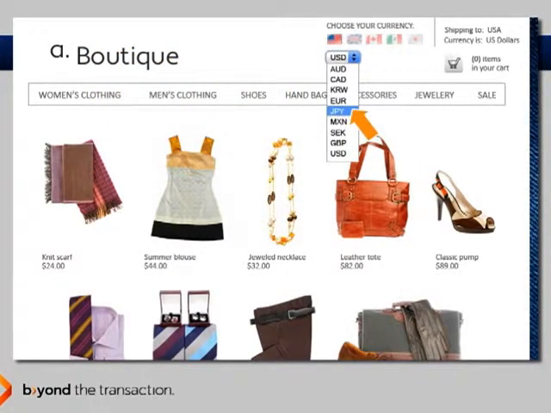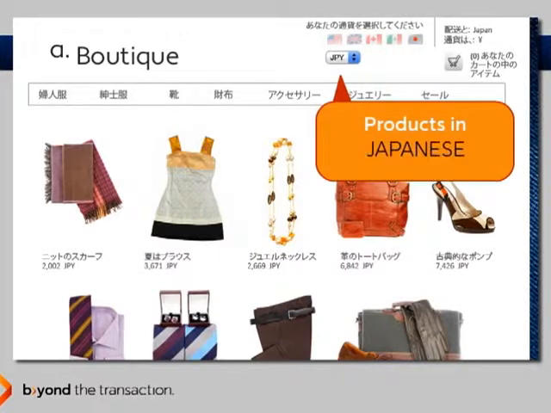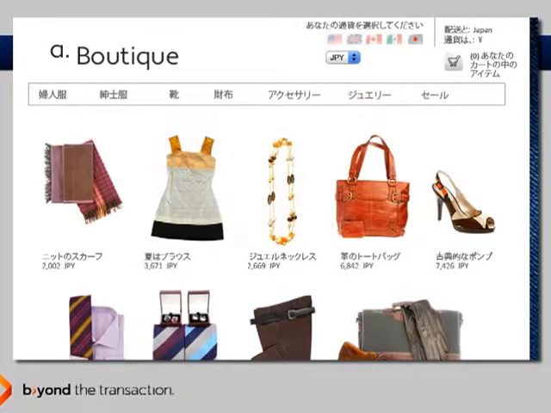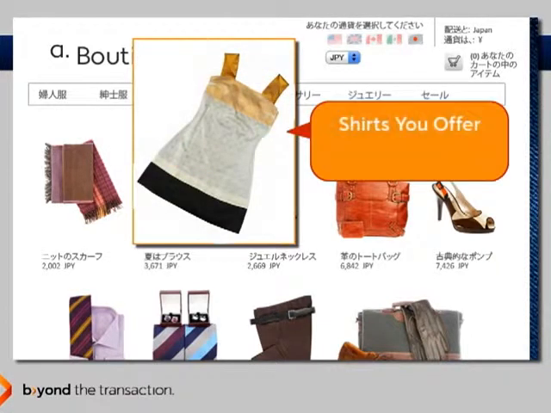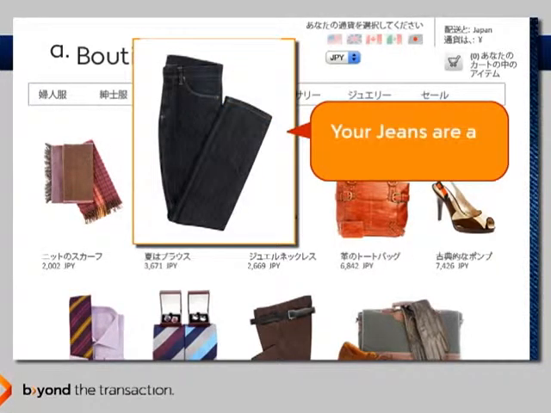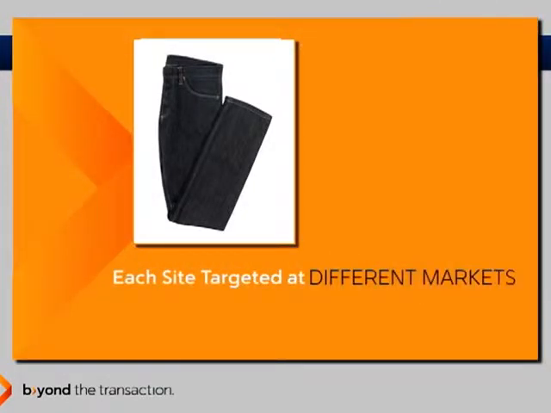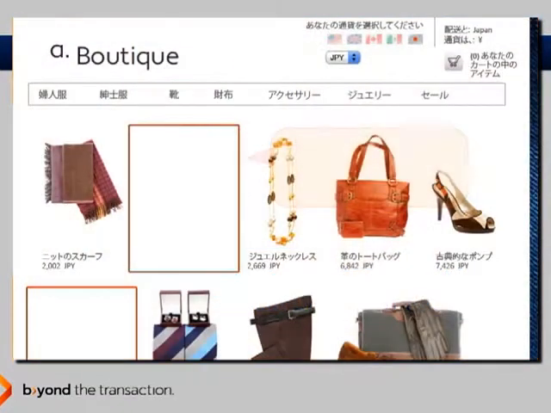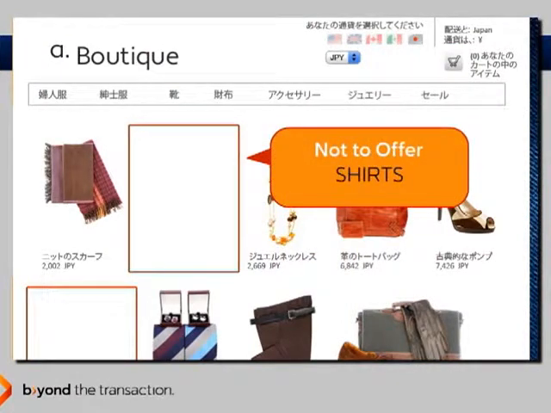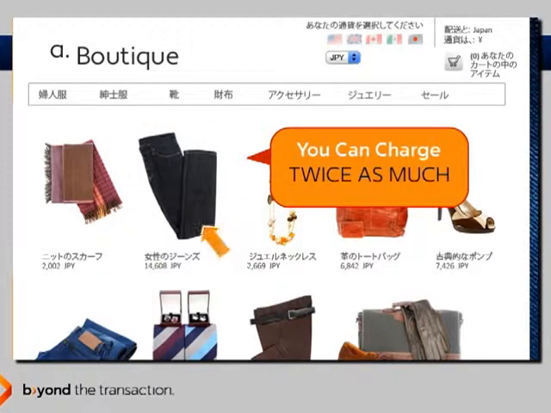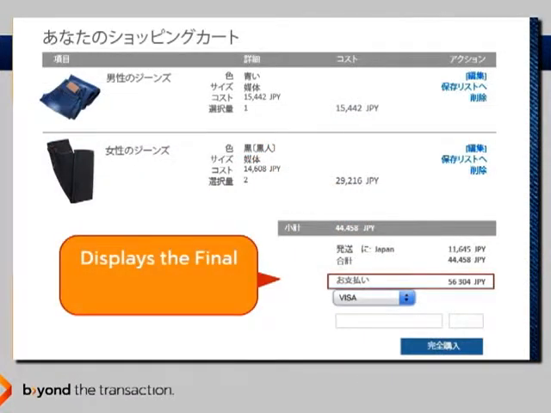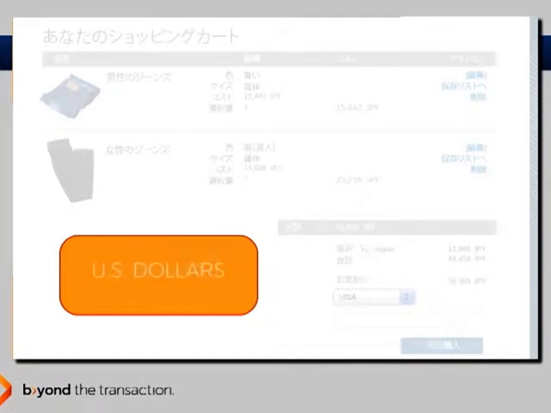They simply click Yen on your drop-down menu and your site displays your products in Japanese. Let's say that, as the owner of this online boutique, you've discovered that the shirts you offer aren't popular in Japan, but your jeans are a hot item. With global ePricing, each of your sites targeted at different markets can list different products, allowing you to cater to each market's trends. Therefore, you've decided not to offer your shirts in Japan and have deleted them from your Japanese site. Simultaneously, you know you can charge twice as much for the jeans on your Japanese site as you do on your UK site. The shopping cart displays the final total in yen, but you are paid in US dollars